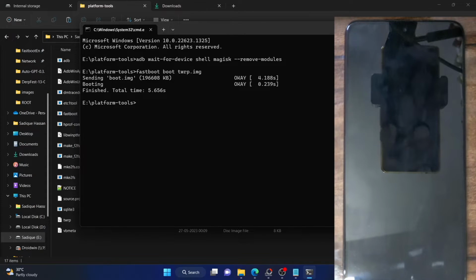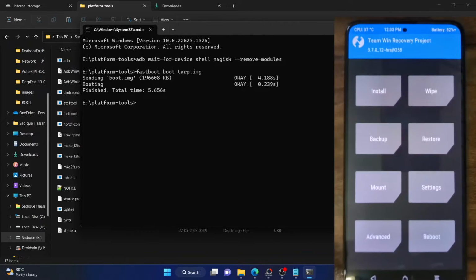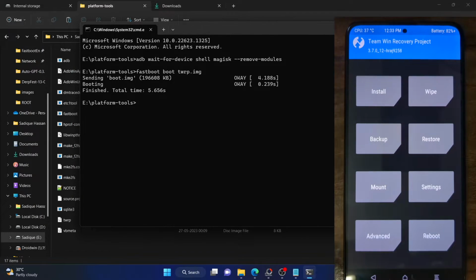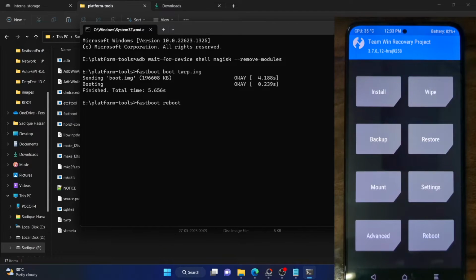If your phone already has a recovery installed, then also you might have to take this approach, because if your phone is currently in a soft brick or a boot loop state, you might not be able to access the recovery mode. At the very most, you could access the fastboot mode, and from fastboot mode, you could simply use the fastboot reboot recovery if your phone has the recovery installed. But if your phone does not have a recovery installed, then you will have to either use the fastboot boot TWRP command or use the fastboot flash recovery